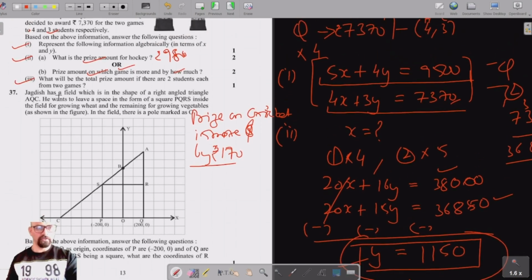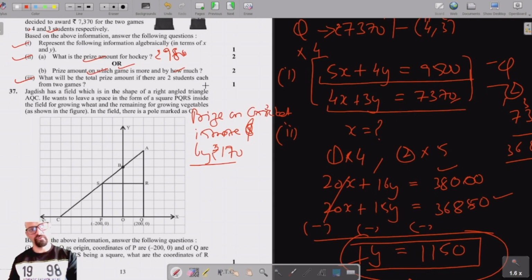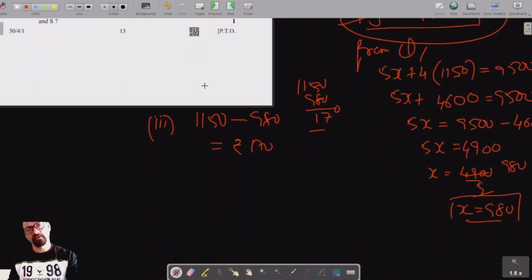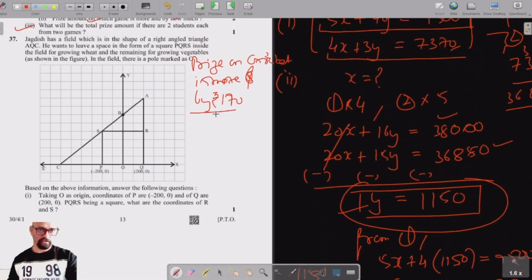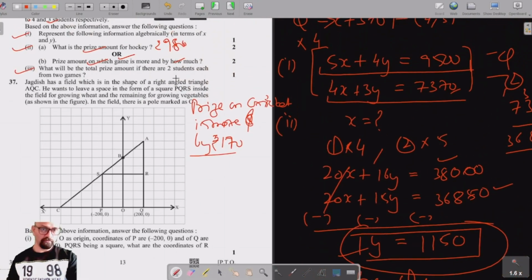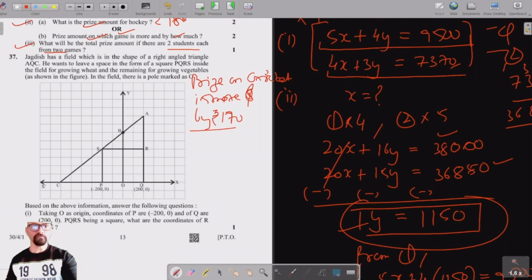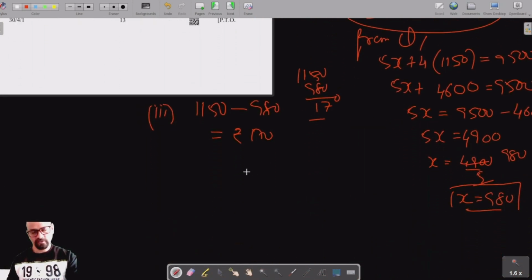So the third question says, what will be the total prize amount if there are two students each from two games? So two students each. What will be the total prize amount if there are two students each from two games? Means that for hockey there are two students, for cricket there are two students, and what will be the prize amount that's asked? So let's take two common and multiply